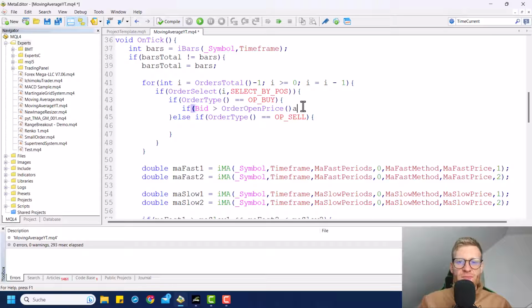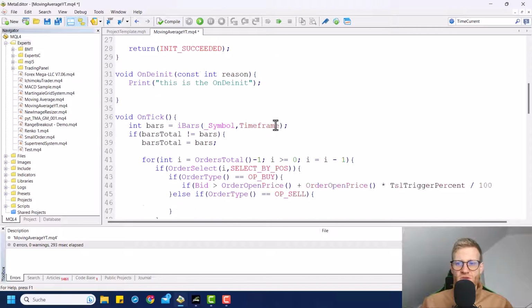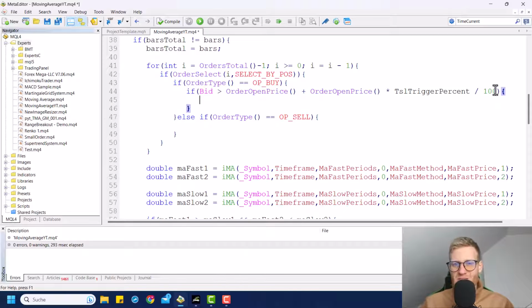So we check if bid is greater than the order open price for the currently selected order plus order open price multiplied with TSL trigger. It's actually TSL trigger percent divided by 100. So let's say TSL trigger percent up here, so we make sure that we don't get a typo. So if the trigger is reached, so our position is at least the TSL trigger percent in profit, then we